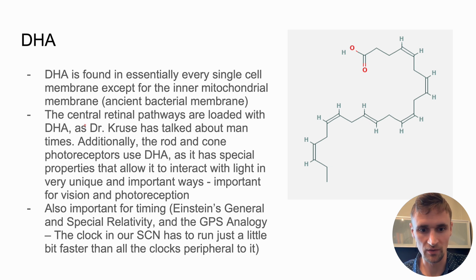And so the central retinal pathways are loaded with DHA, as Dr. Kruse has talked about many times. And additionally, the rod and cone photoreceptors actually use DHA. DHA actually gets incorporated into the photoreceptors, so it has special properties that allow it to interact with light in very unique and important ways. And so as you can see, DHA is very important for vision and photoreception, as well as being very important